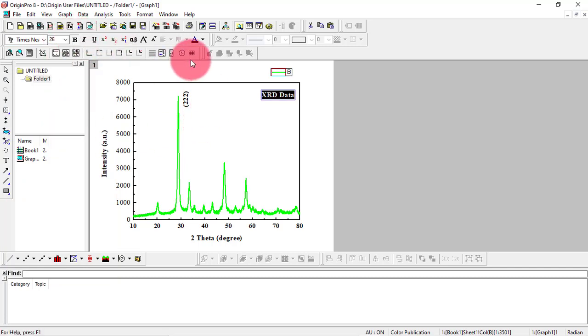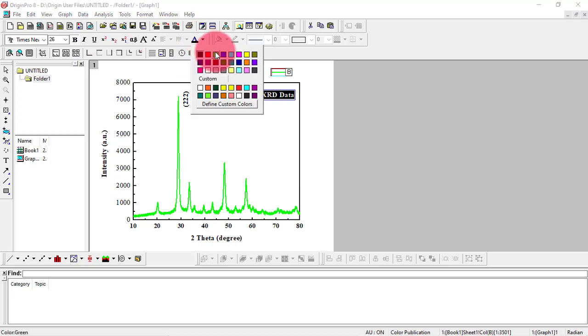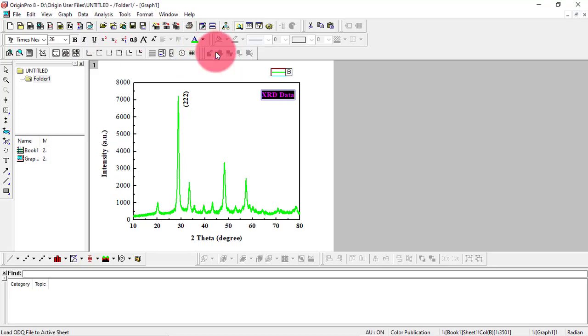And keep it bold, and I also want to change the color of this data. I will keep it green. I think that looks nice. I'm going to keep it slightly here. So here our graph is plotted. If you want to move these icons, you can also move these labels also.